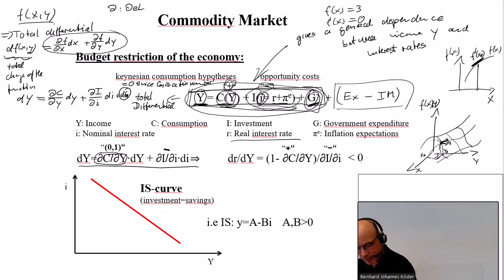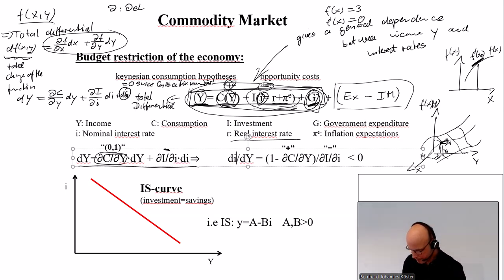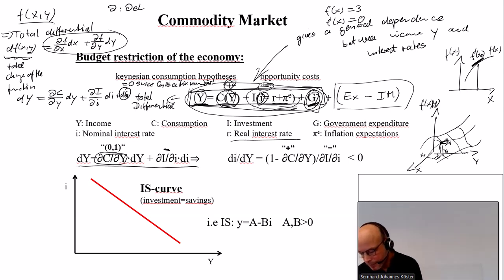Then I can solve, oh, this shouldn't be an R, this should be an i. Then I can solve this equation, subtracting this part and dividing by dy,